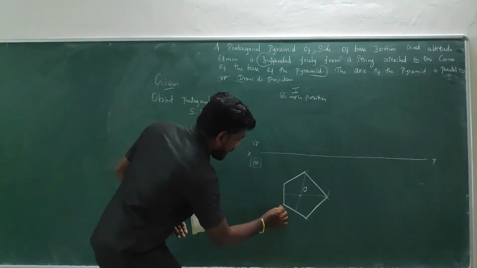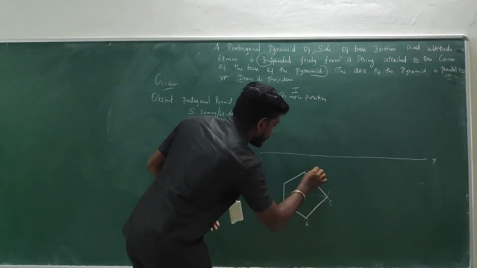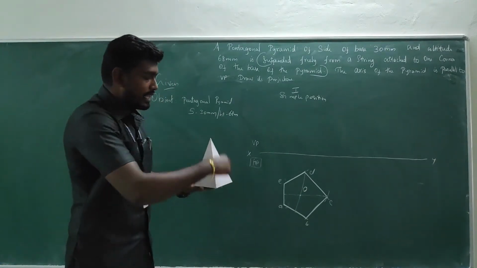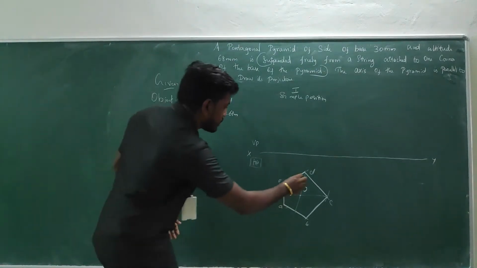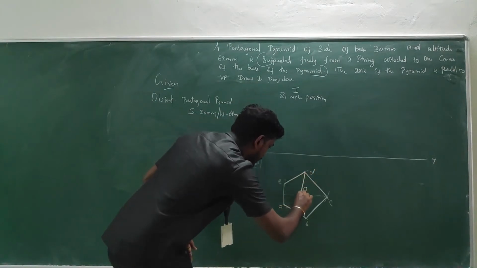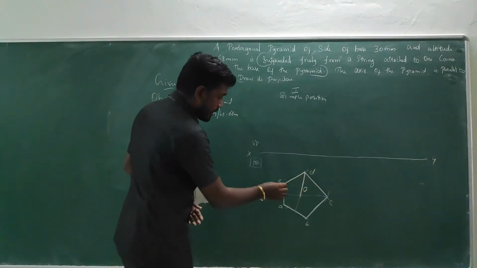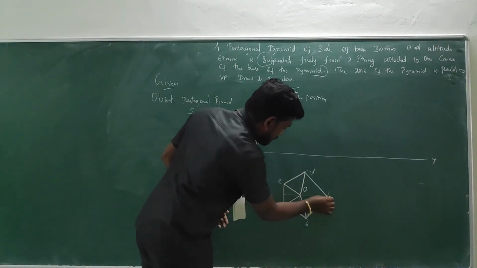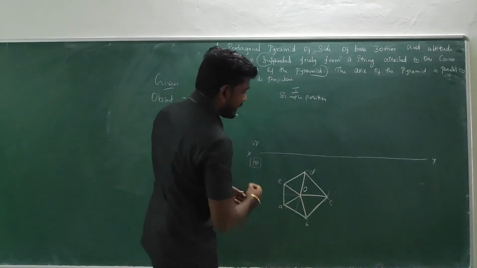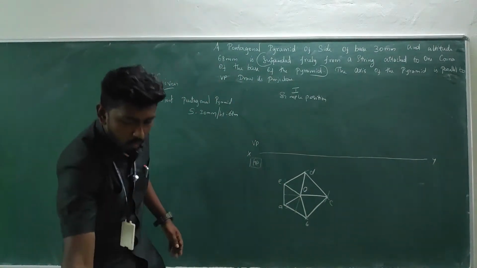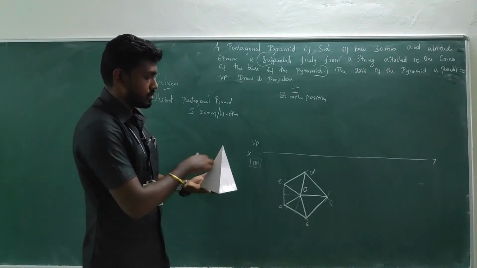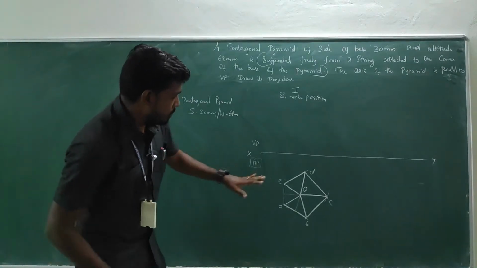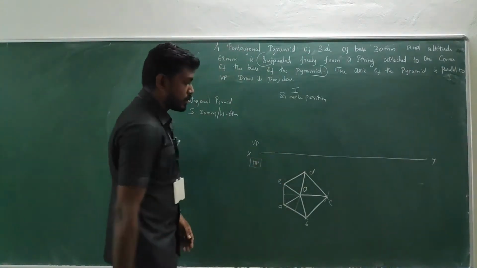If I take this as A, this is B, this is C, this is D, and this is E, and this center will be O. And we know all the slant edges are visible. So just draw a dark line from D to O, E to O, A to O, B to O, and C to O. Bring all the lines to apex O. All the longer edges, the slant edges, are visible from the top. Right? So now the top view is over for the simple position.